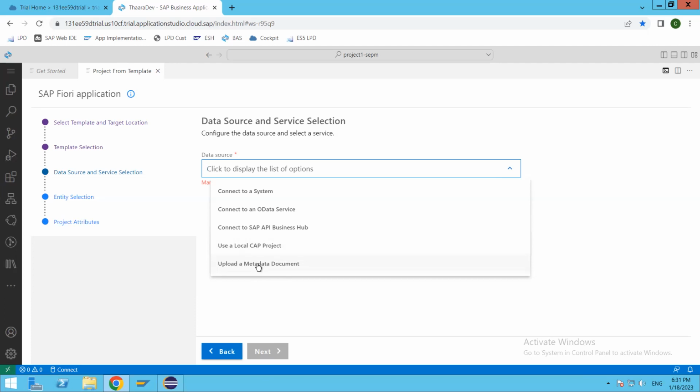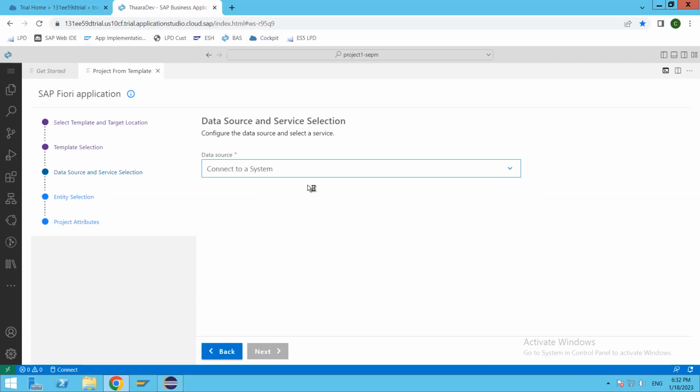So I was telling that during OData development, if we have a metadata document, it will help other development platforms to understand what is what, what is the entity, what is the entity set, and what is its particular type, etc. And if we have a metadata document, we can upload it and build the screens and application using the metadata itself without connecting to real data. But now in this case, we are going to connect to our ES5 system. So select connect to a system,